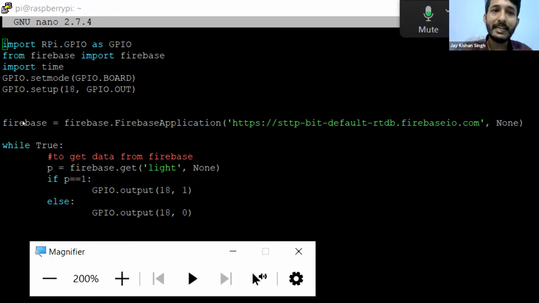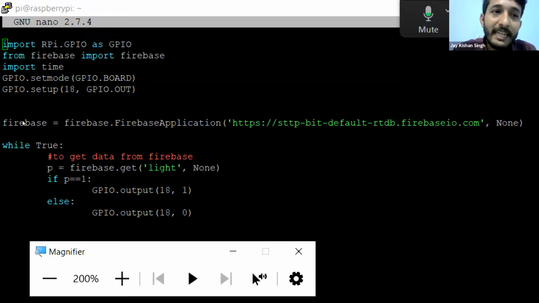I'm not clicking anywhere, just reading all the lines and explaining the meaning so you guys can understand. This is the code we have written for 2 reasons. The first is that we are connecting this Raspberry Pi, the hardware, to the Firebase. From our web application, we are pushing data to the Firebase, and this RPi is retrieving those values from Firebase and based on that, making some changes. So the first reason is to connect to the Firebase. And the second, we have written some basic logic so this light can turn on and off.